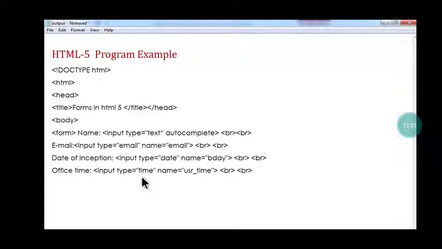You will see that in your output when you run this program. Next, number of years completed, here between 1 and 100 is given. So your input type equal number.